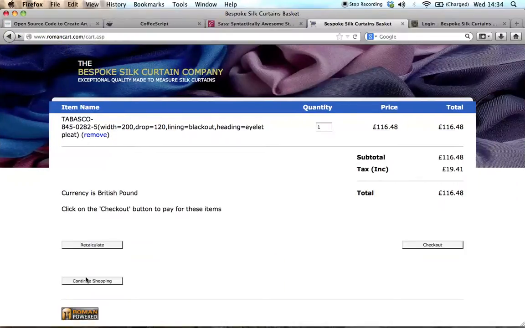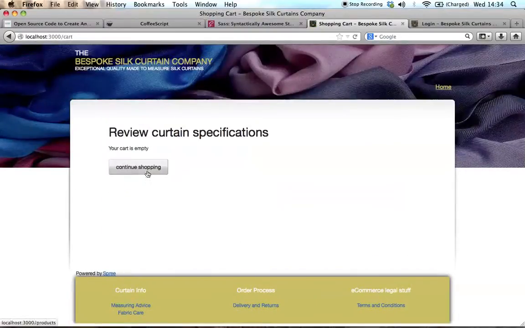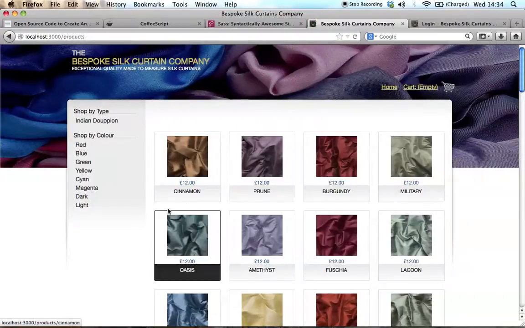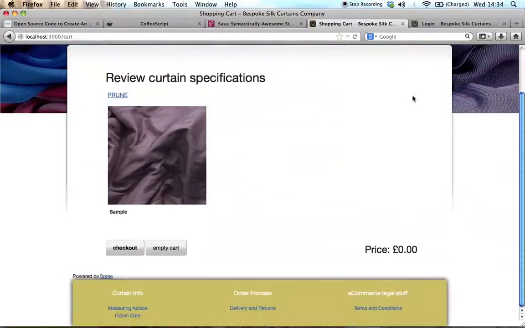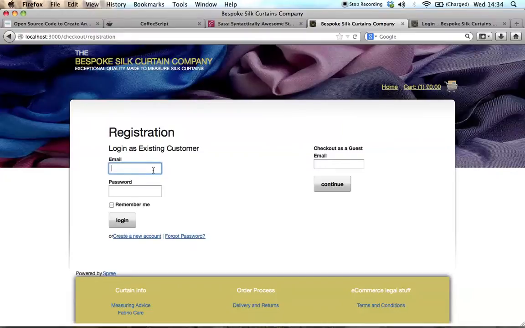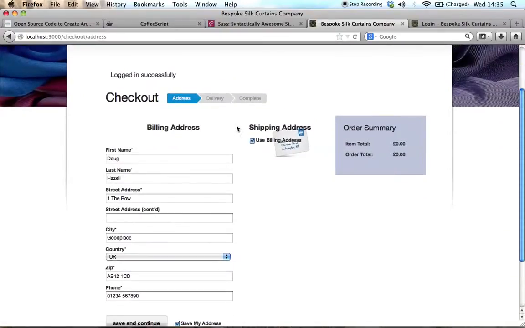Let's continue shopping. Say if you made a mistake and you want to carry on, you just want to get some samples, so we want to get a sample of prune. It's then gone into there, it's free, and the checkout this time, let's go in, I've got us some, just remember me and my address, and the checkout this time